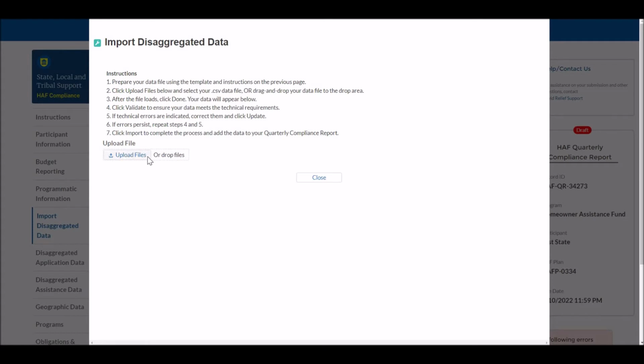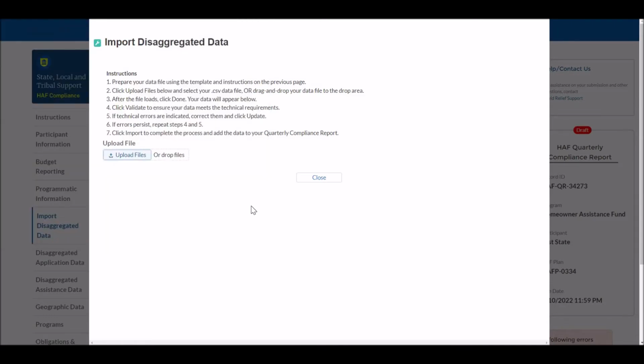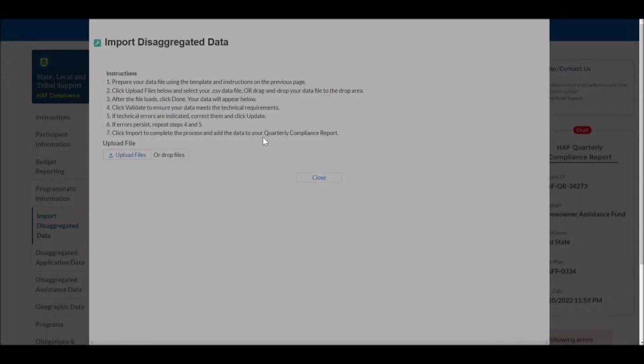What we're going to do is click the Upload Files button, which will open up your Windows Explorer, and you're going to be asked to select the file that you want to import. In this case, I have this file here. I'm going to double click, and it's going to say upload was completed. I'm going to click done,